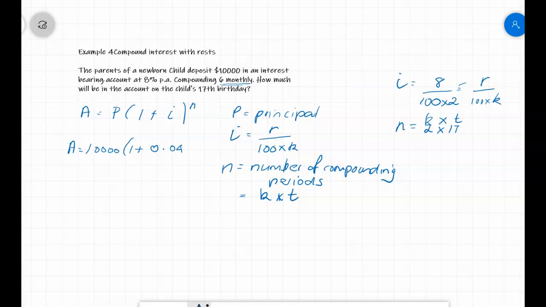That's 8. That's this one up here. And for this actual problem, the N is equal to 2 times 17, which is 34. And that's all you do. And you put that into your calculator and come up with the grand total of